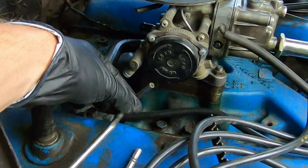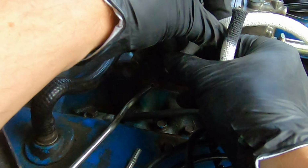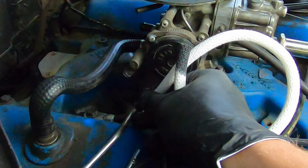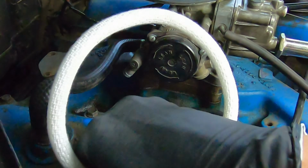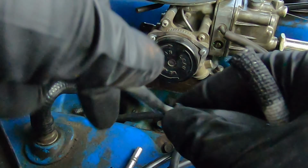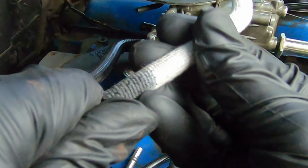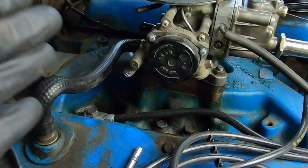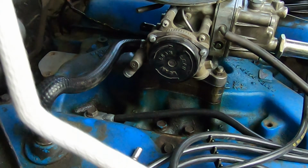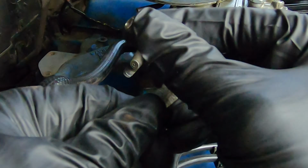Okay, so on this upper choke tube, you've got this little bag of goodies. You've got a little heat protective sleeve. So you want to slide that on first. Looks like it's easier to do that with the tube out. Definitely installs easier from having the tube out. Okay, once you get your protective heat sleeve on here, they're kind of a tight fit. You have to really work them on, but